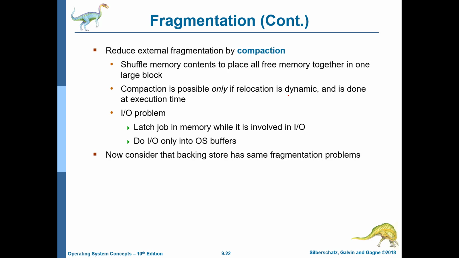So of course, for external fragmentation, what needs to be done is that you need to do compaction, in the sense you need to shuffle the contents, merge, basically physically move the processes. Only if there are no absolute addresses, everything is relative, then only the process's memory space can be moved. But if there are absolute addresses, that cannot be done, right? So movement is not possible. And furthermore, it is possible that you would have outstanding IO requests. So when they come back, they would want to write to the old address, but the process might not exist at the old address anymore. And so of course those complexities are there.